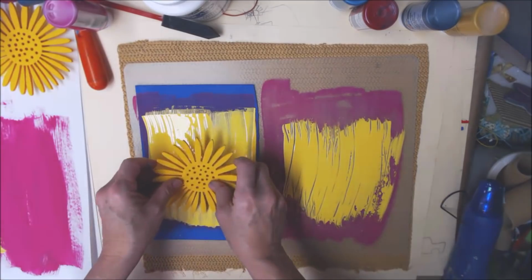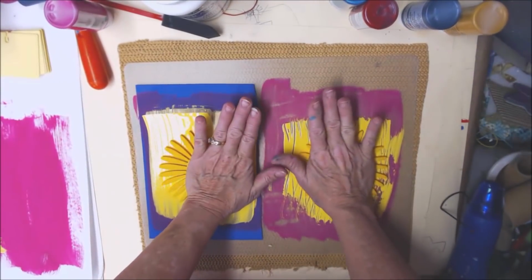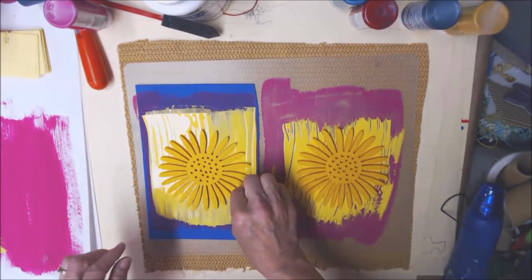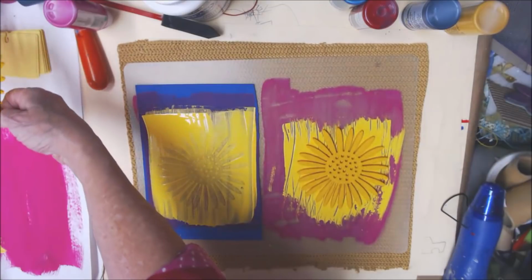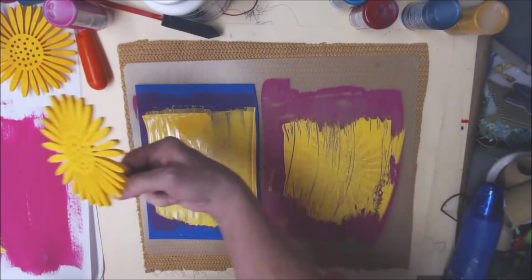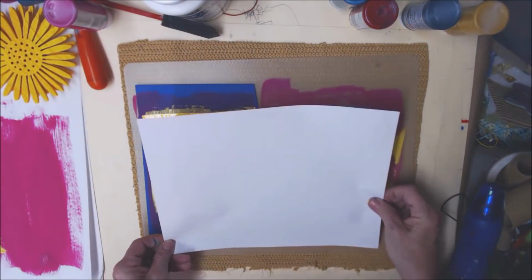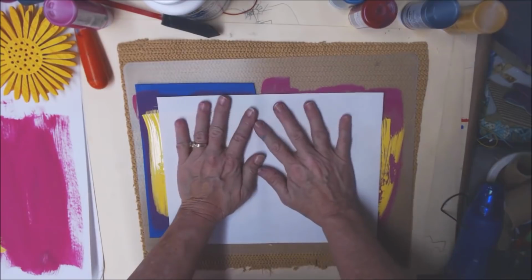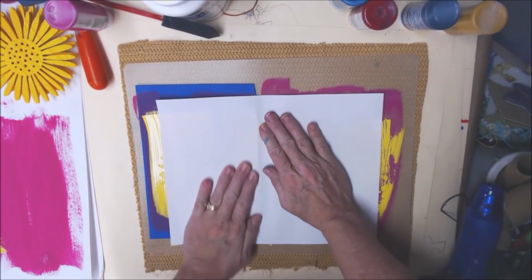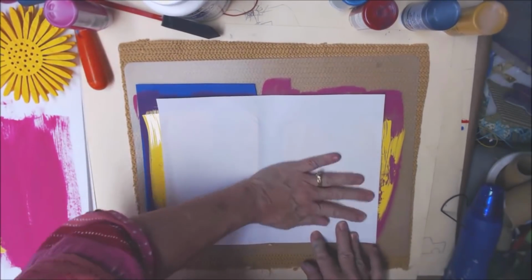And I'm going to put down this flower. I'm going to put down this flower. And I'm just going to press them down. And then I'm going to pick it up. And I'm going to put this paper down. Let's see what we get. My prediction is that the fun foam will be pretty good. I have no idea about the